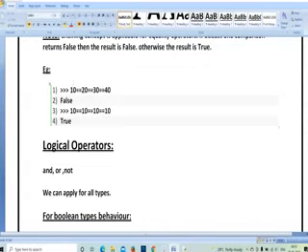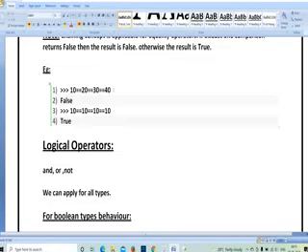So here is another example. 10 == 20 == 30 == 40. Here the condition given is 10 equal to 20 equal to 30 equal to 40. So these are all different values, and there is no relation between one operator, one value, and another value. That is why I got the value false.